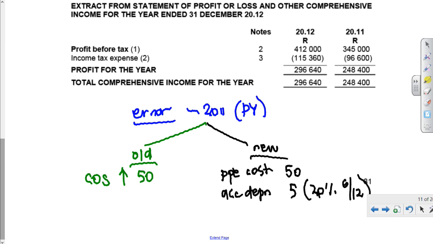Agreed? It was bought the 1st of July 11. I would have depreciated it for half a year, for 6 months, at the depreciation rate, which they said was 20%. And I would have had a depreciation expense of 5. The tax implication of these numbers, the tax implication here was 14. Tax drops by 14 on that side. Do you agree? And on this side, the tax implication is